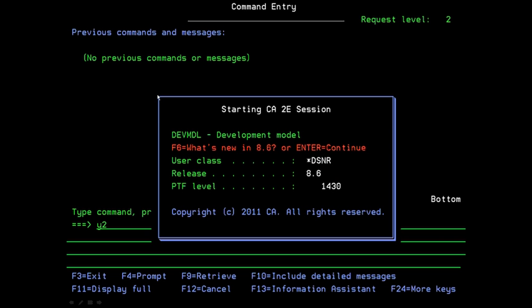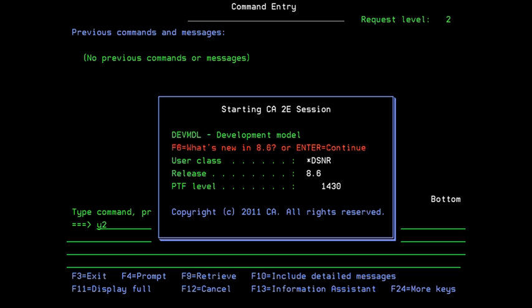So as you know, most of the time this screen just comes up and disappears. Right now what happens is that this will pop up, and if you have the flag on it saying, yes, pause, it'll pause like this. And you can either press Enter to keep going, or as it says here, you press F6. The text here in red is entirely user configurable, and what it actually does if you press F6 is it runs a command string that's held in one of the messages in the model, which then does some processing. By default, it starts SEU to show a text file of all the fixes that are in there, but you can then, if you want, change it to do something else.